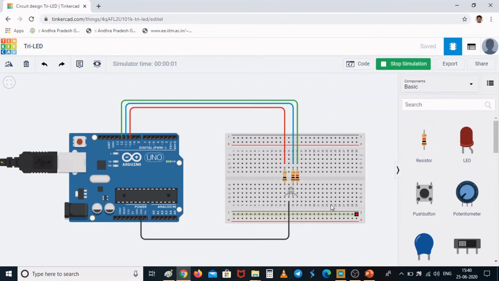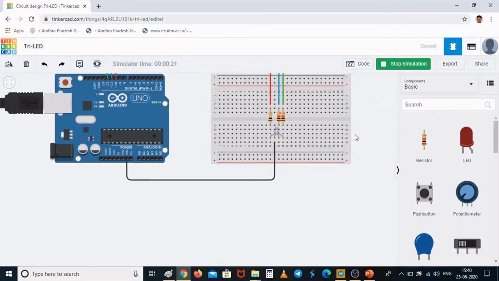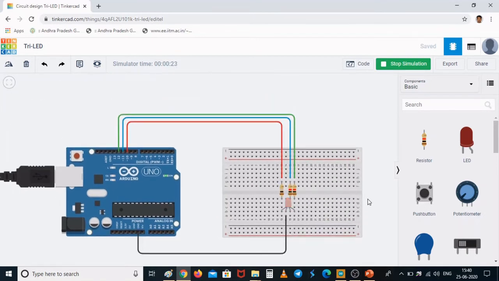So let us start the simulation and understand whether we are getting the same kind of output or not. You could see that my LED is glowing now. So red color, then green color, then blue color. Again it continues with red, green, and blue. RGB. So this is a three color LED, that is RGB. As long as I was running the program, it continues to blink like this. So I am stopping this simulation.